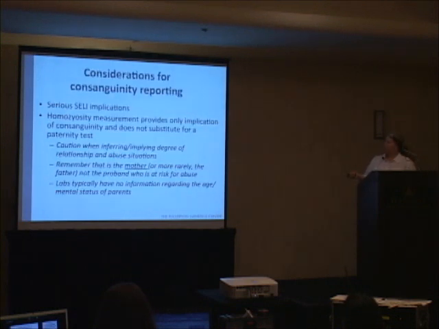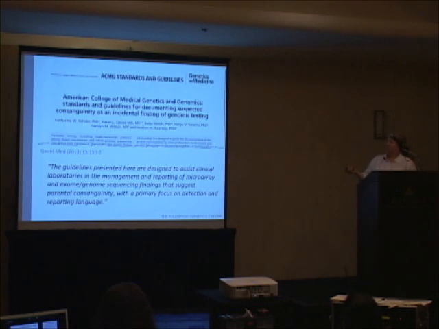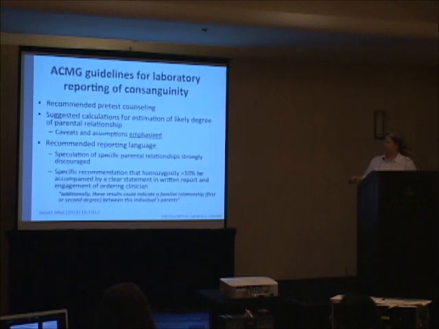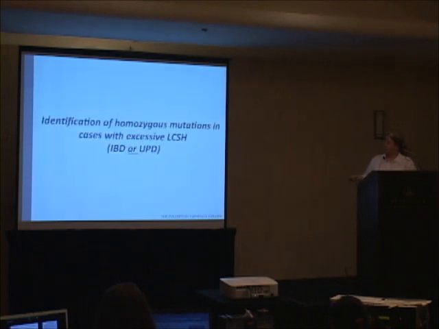I'm going to just move forward just to let you know that there are guidelines now from the American College of Medical Genetics about how to deal with suspicion for abuse and how to report consanguinity. They're available now at the ACMG website. And I'm going to skip